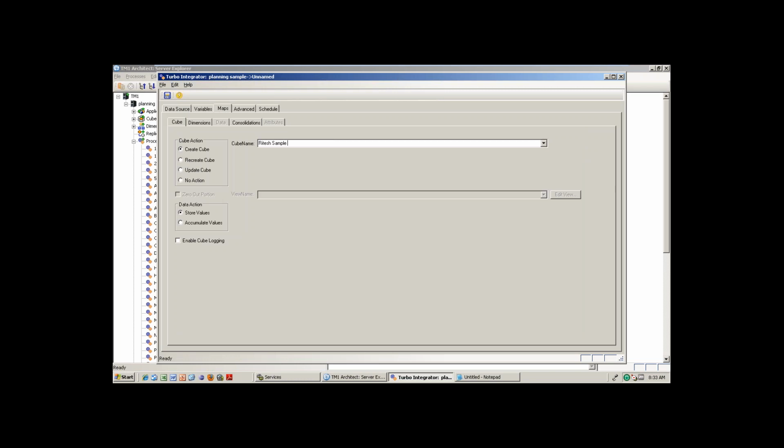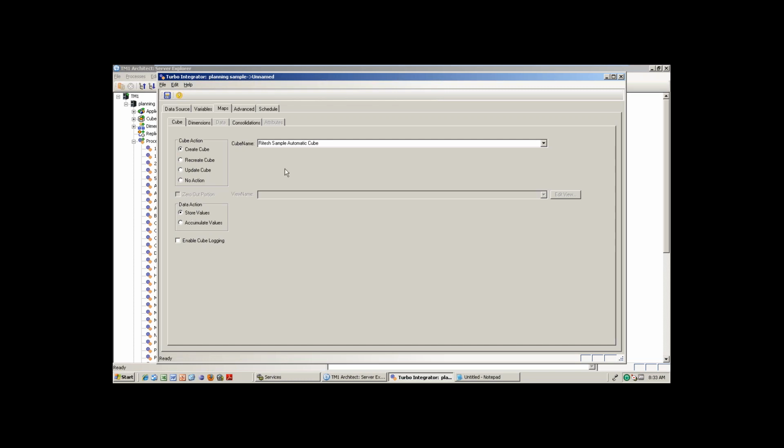Sample automatic cube. So here you are creating a cube, you are not recreating. Each option we will discuss in the later portion. What do you mean by recreate? Why do you need it? Update means what? What do you mean by zero out portion? What do you mean by store values? These are the things used for incremental update, incrementally updating the cubes. But anyhow, once we come into the mapping tab, we will explain those things.